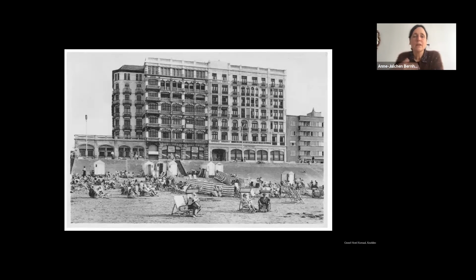And then in the last phase, it's again redesigned, and now it has a combining roof.